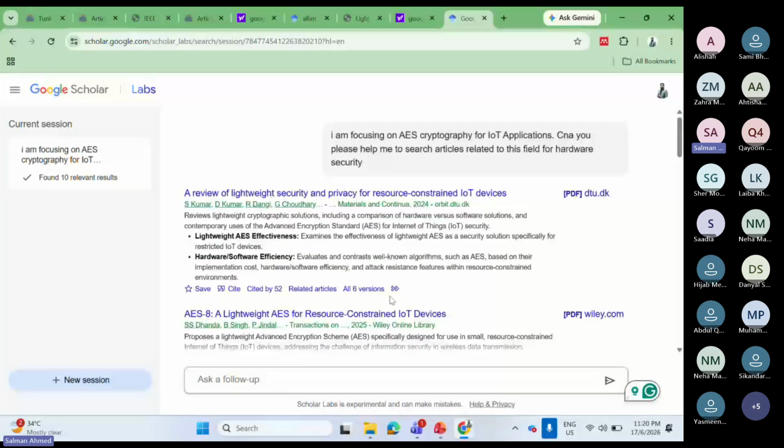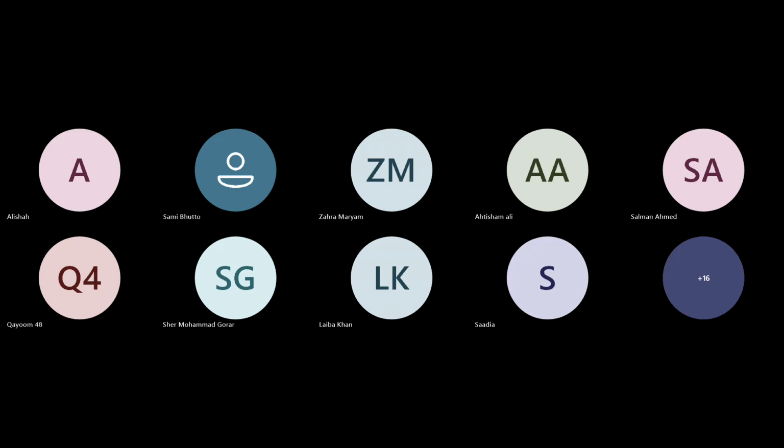So I guess this was all from my side today. If you want to have one more session after this, in the third session we will be discussing the practical tools that we can use for research analysis and for writing very good research articles. So for this session, I guess this is enough for digestion. If you have any question, please ask, and you can discuss your confusions here. If you are doing your research in any field, you can generalize it and ask any question. Thank you very much.